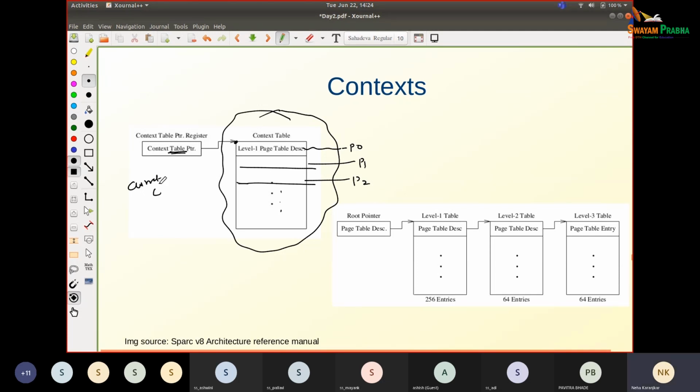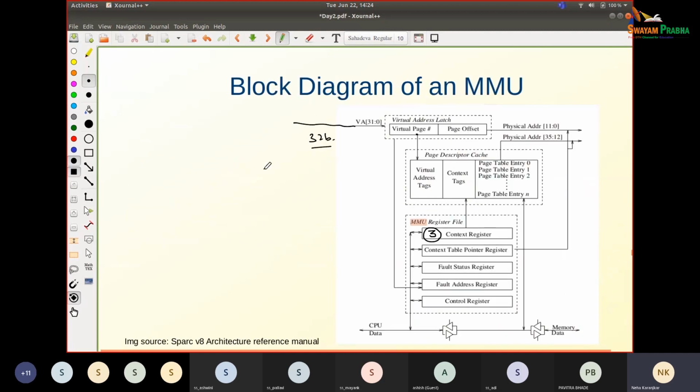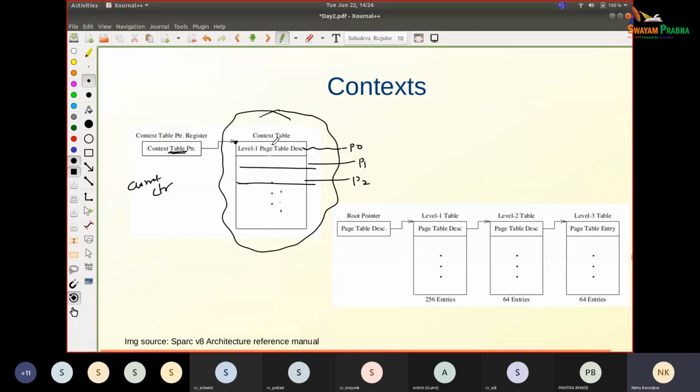The current context is stored in the context register, which is 3. That means process 3 is running. So you look at the third entry in this table. This gives us the address of the page tables corresponding to process 3. This is the start address, and it is referred to as a page table descriptor or the root pointer. Now we use this to get the start address of the level 1 table